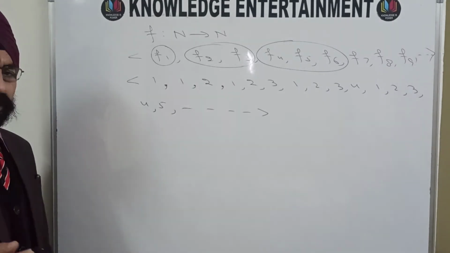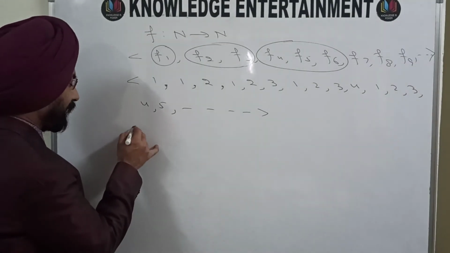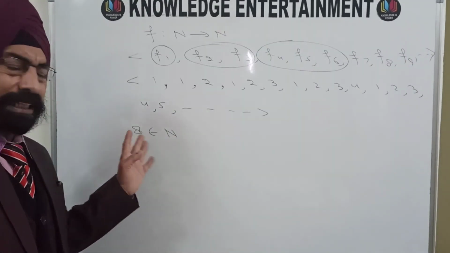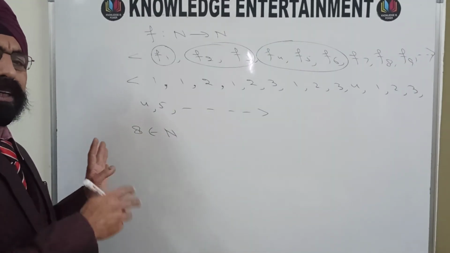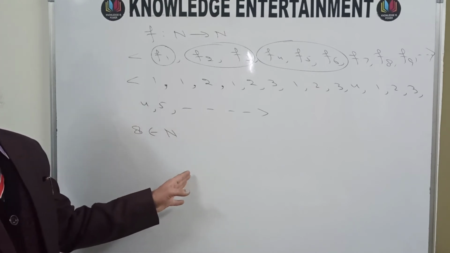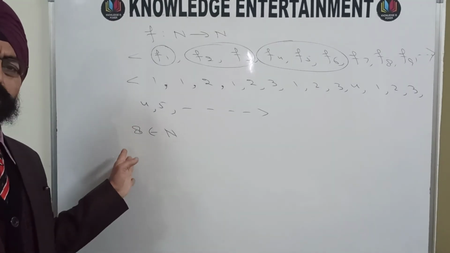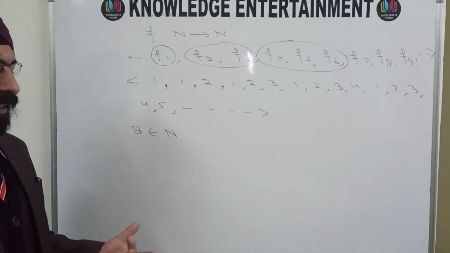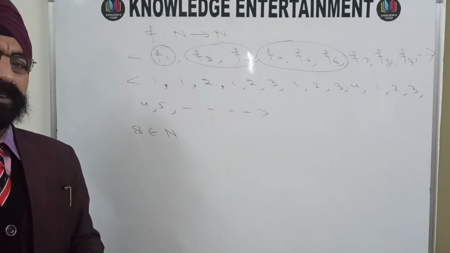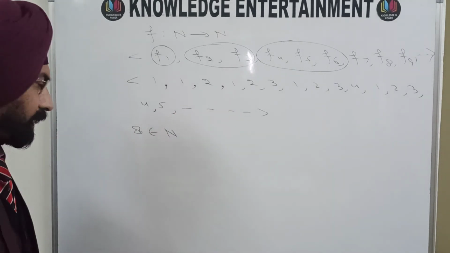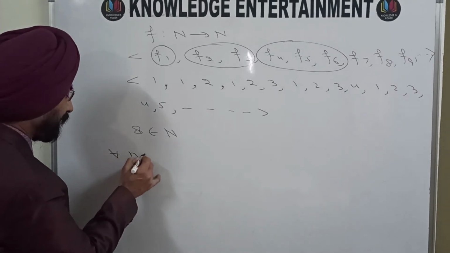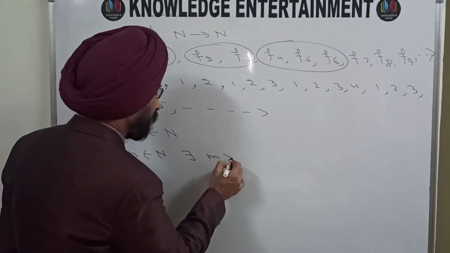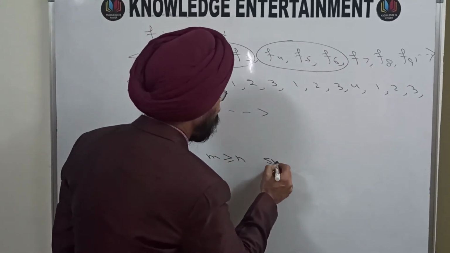Because suppose you are taking 8. 8 is a natural number, and we will prove that 8 is a cluster point. I am taking an arbitrary member of the set of natural numbers. You can take 7, you can take 10, you can take 1000, any natural number you can have. And let us see whether this number is a cluster point of this net or not. So how to check? For every n belonging to N, there should exist some m greater than or equal to n such that